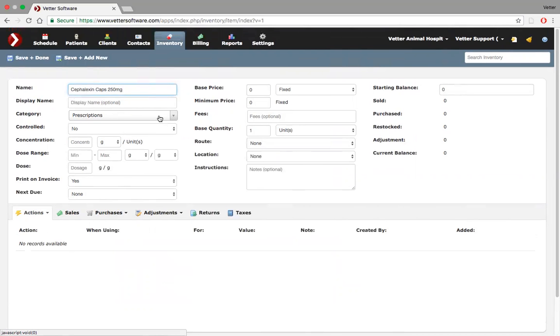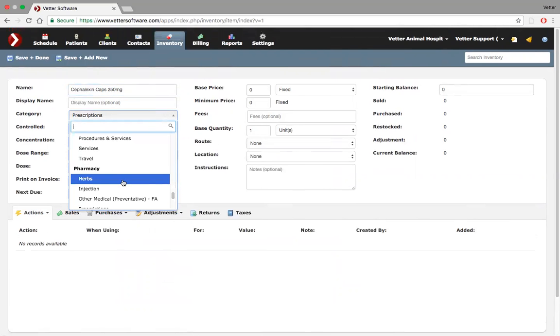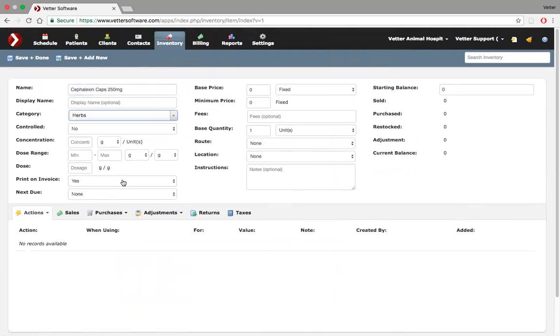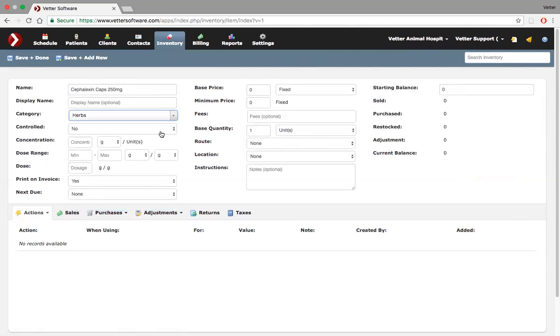Then Vetter is going to pick the category for you. 99% of the time it's correct. But if you said to yourself, no, this is an herb, well, it's not an herb, but if you wanted to, you could change it. You can make your own subcategories, and I'll show you how to do that. Then, is it a controlled substance or not? Vetter is going to know that, but it still gives you the choice, yes or no. If you're going to use a dosage calculator,